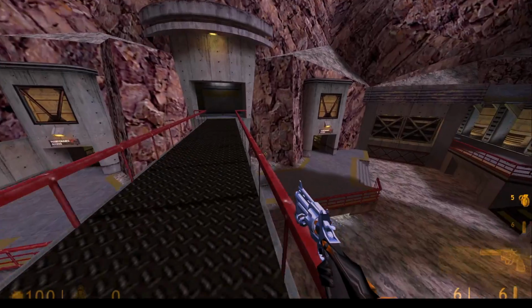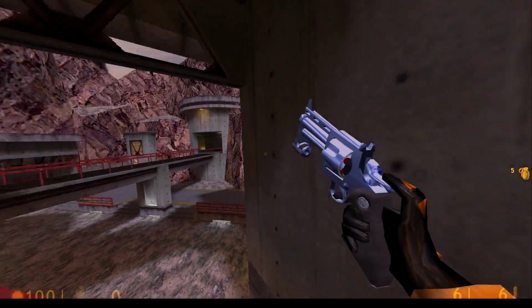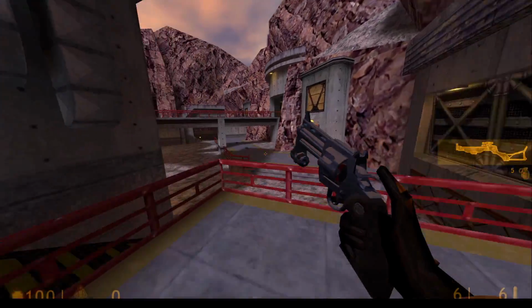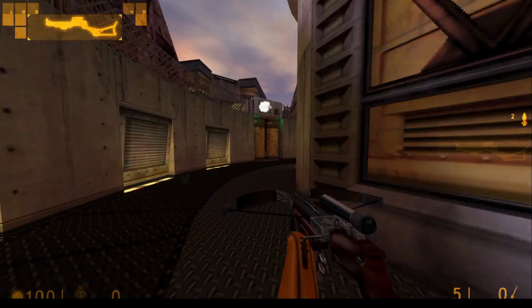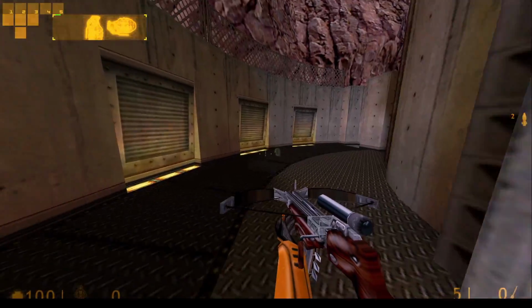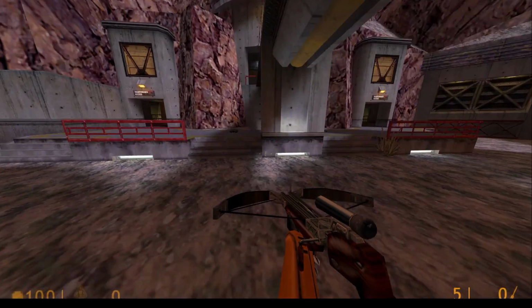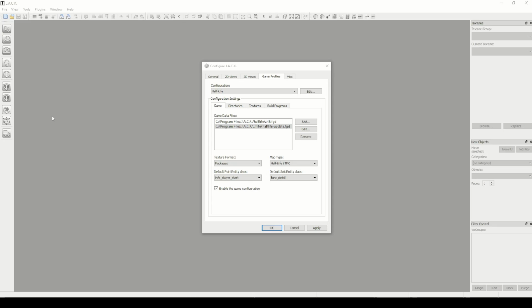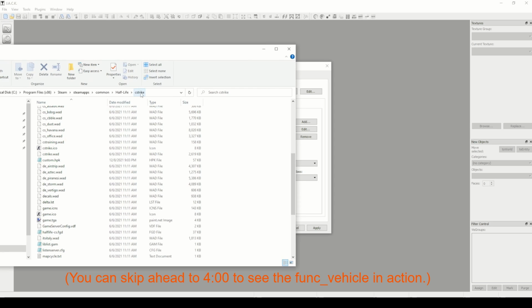What's going on, everybody? So I heard that the new Half-Life update gave the base engine game access to use Func Vehicle. Now, I've never used Func Vehicle before, but we're gonna try and get that working. So I couldn't find the Half-Life FGD file in the Valve folder. I don't know if I looked hard enough, but I do know that in the Counter-Strike folder we have